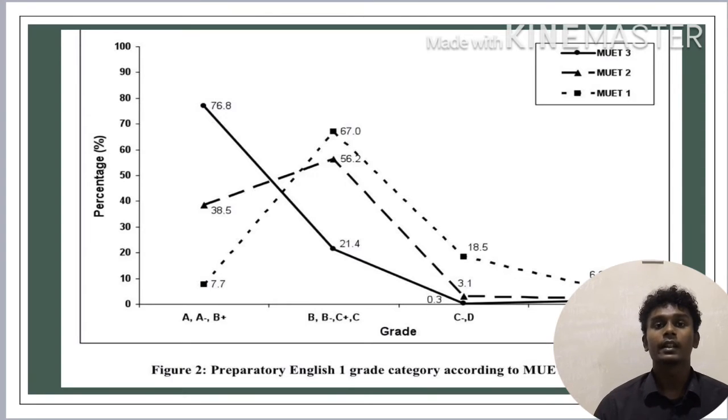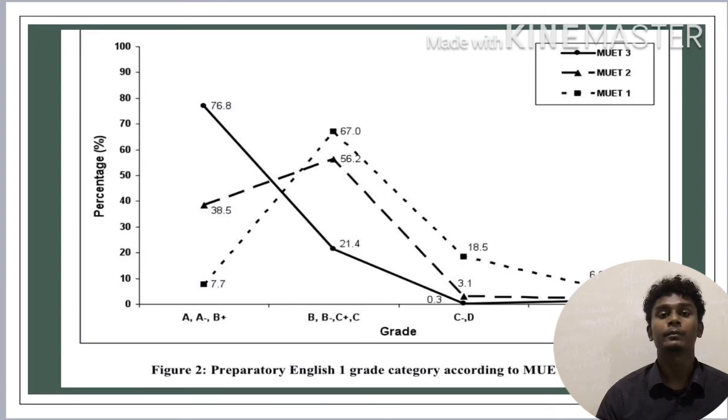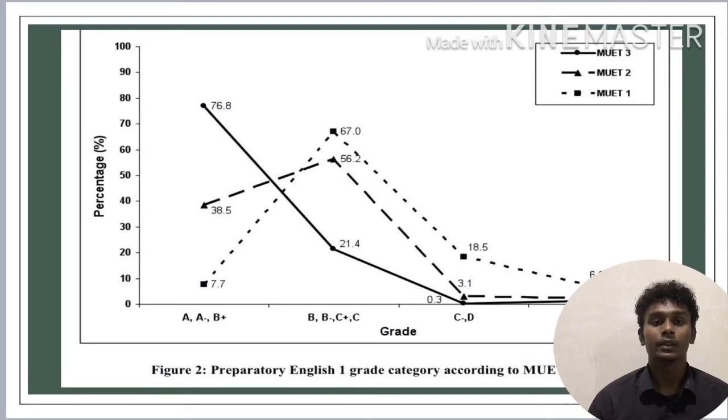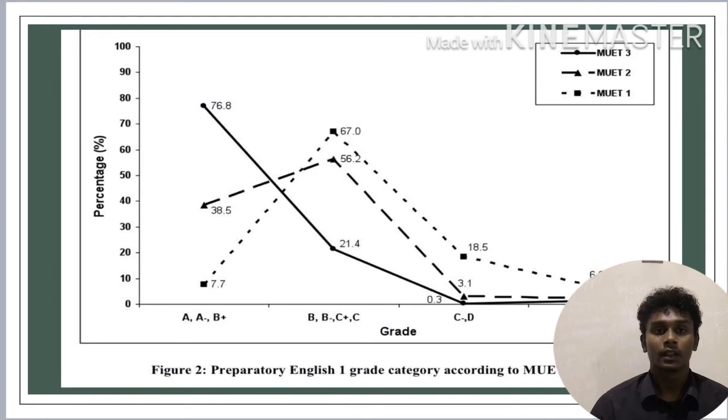Lastly, the line graph which shows MUET band 3 decreased hugely from nearly 3/4 to a quarter of the total percentage. Then the graph again decreased significantly to 0.3% and increased slightly to about 1.5%. This shows that many students passed with flying colours in this MUET band 3 exam. In short, the first and the second line graph experience an upward and a downward trend. And as for the third graph, it only experienced a downward trend.